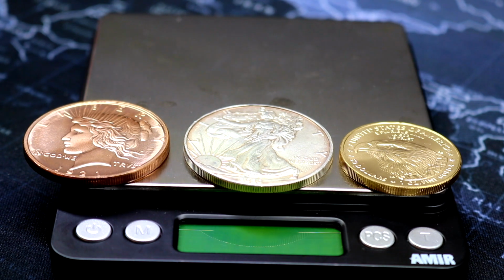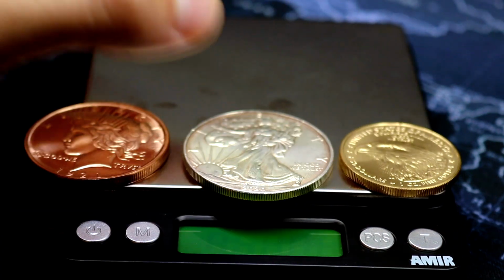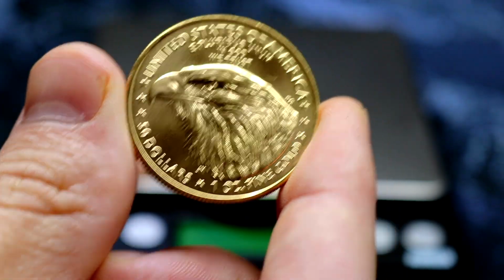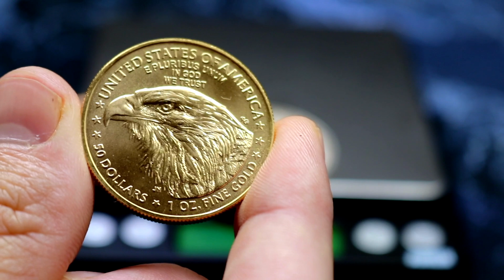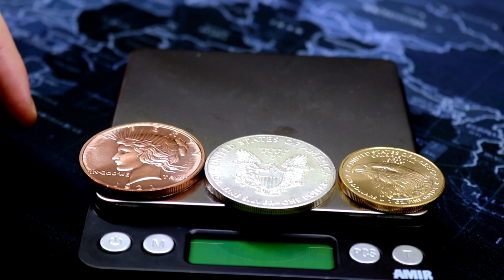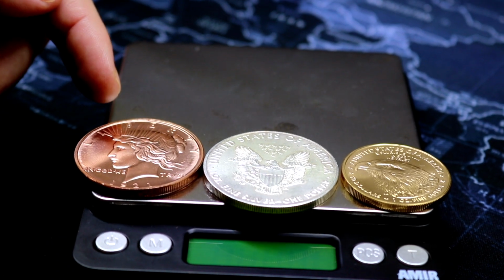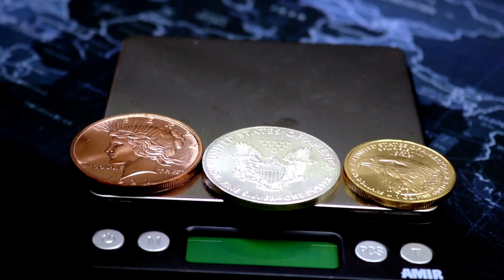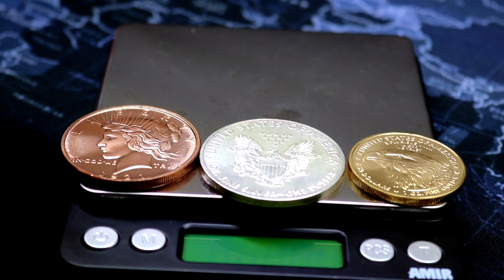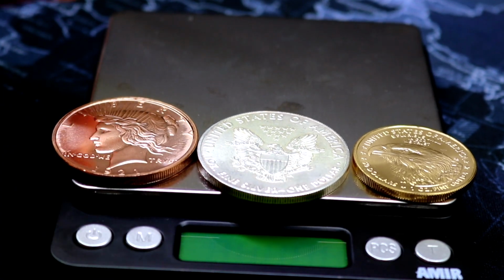How much is something like this Silver Eagle worth? Well, let's say in the ballpark of $25 in silver. And this 1 troy ounce gold coin, about $1,800. Yes, that's right, folks, $1,800. So let's do some mental math here. Each one of these 1 ounce rounds of copper is worth about 25 cents. Each one of these 1 troy ounce silver coins is worth about $25. And each one of these gold coins is worth about $1,800,